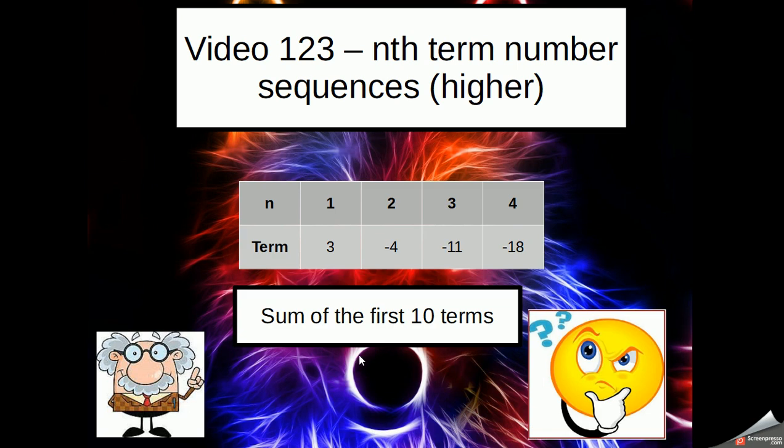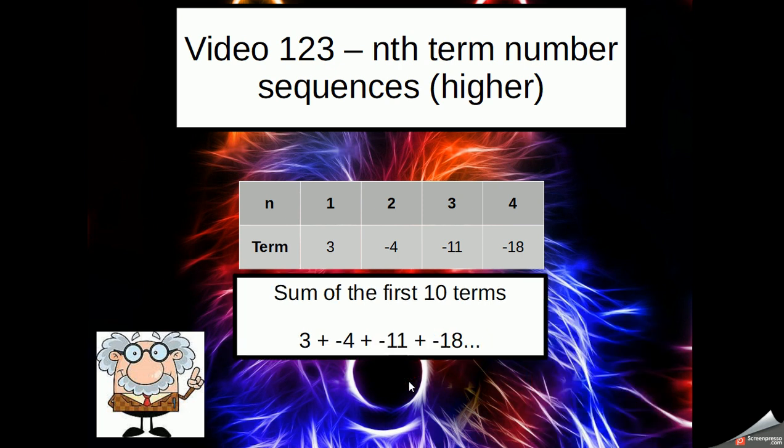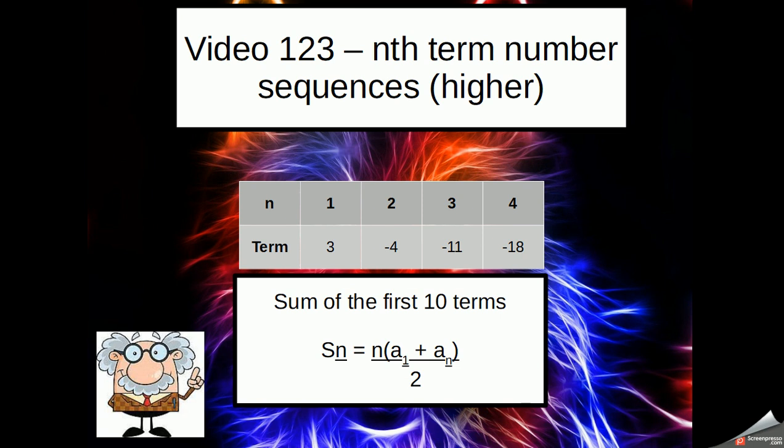So then the last thing we need to do is find the sum of the first 10 terms. Now, to find the sum, we use a special equation. We could technically add on the terms, but to do that, we'd have to work out the 5th term, the 6th term, the 7th term, and what happens if it was the first 100 terms we need to work out? So instead, we use this equation,